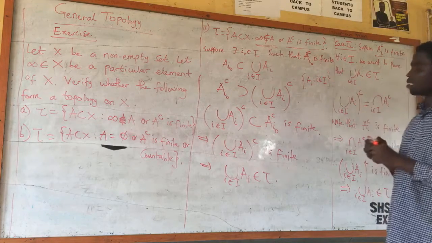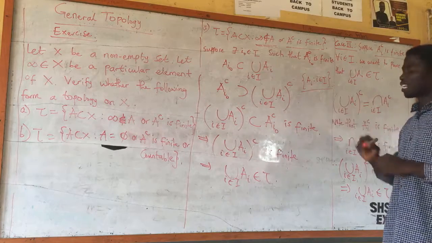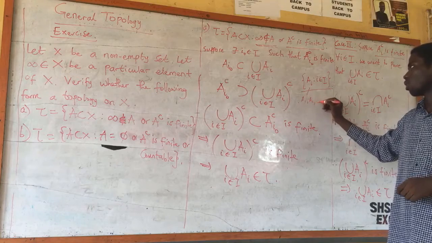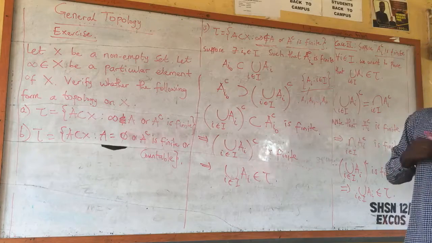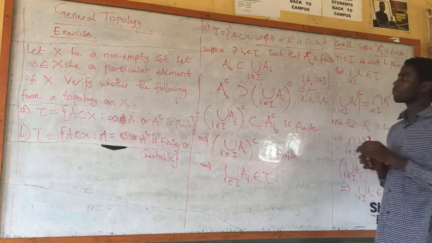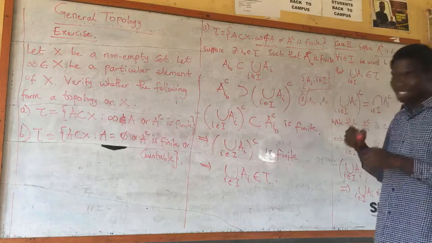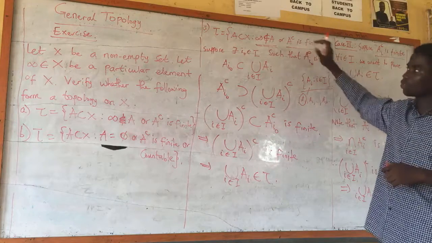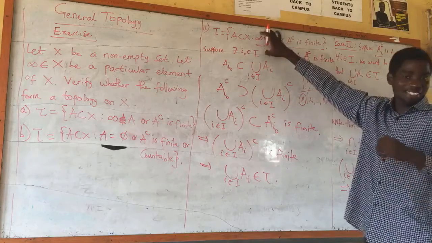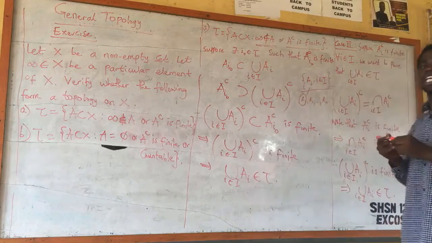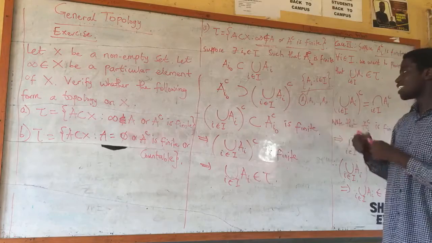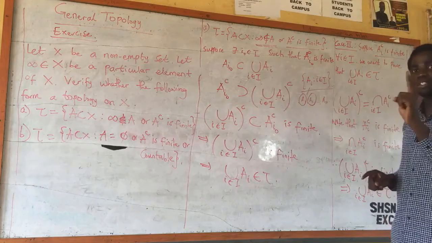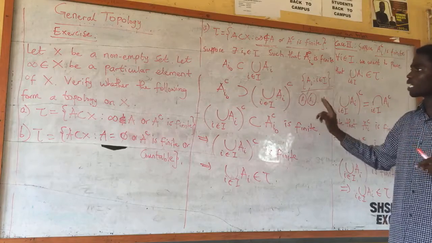Right? Now, these are the collection I have taken, like I've explained, A1 to, let's say, A10. Since I have A1 to A10, if one of them, maybe let's say A1, is such that the complement is finite and it satisfies this one, and the others satisfy this, it will still be correct. Even if it's not one, if two of them, let's say A1, A2, without loss of generality, I just show for one, assuming you just have one of them, even though it's two of them, I will bring the